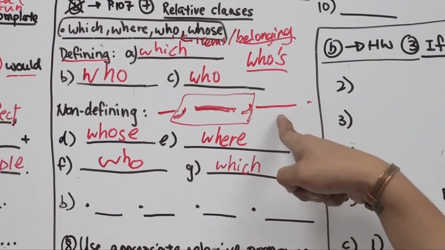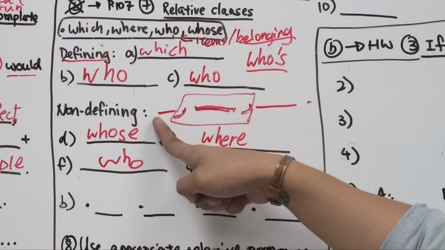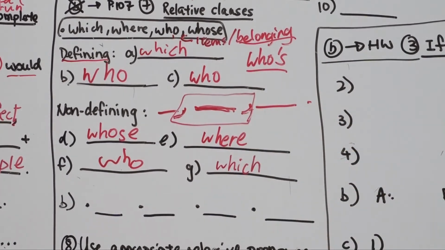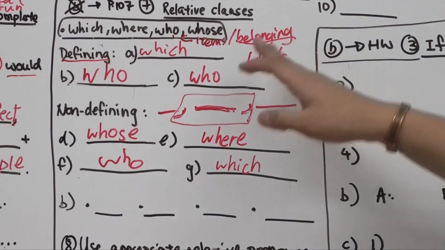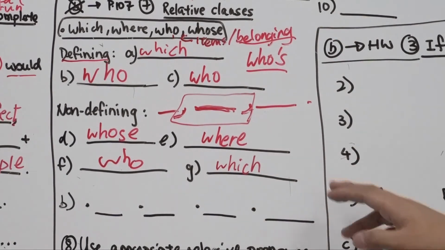Can I say, I like films? Right? I like films, and then that's it. Can we say I like films? Yes. But if you want to be specific, I like films which are about nature, okay? So, do you like every other film? Do you like all the films in the world? Maybe not, right? Maybe you hate musicals. Alright, so defining, non-defining. Defining we can't remove. Non-defining we can remove. In between